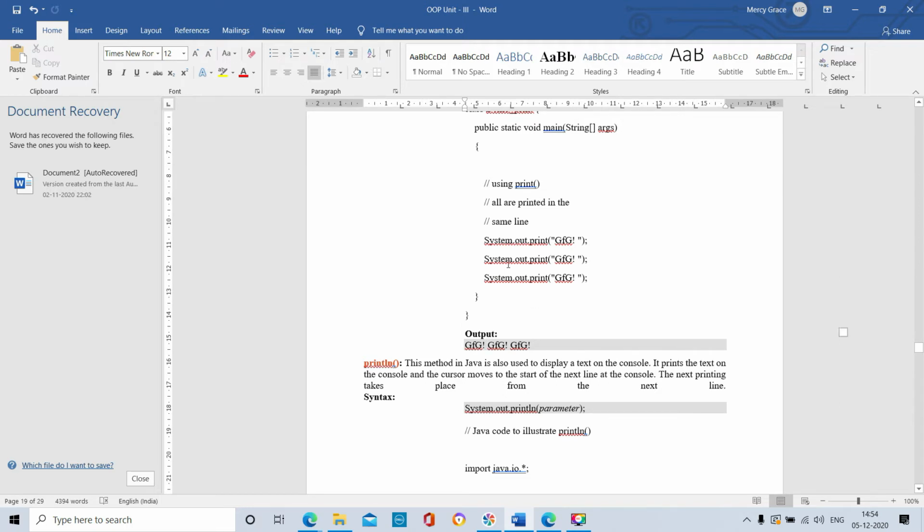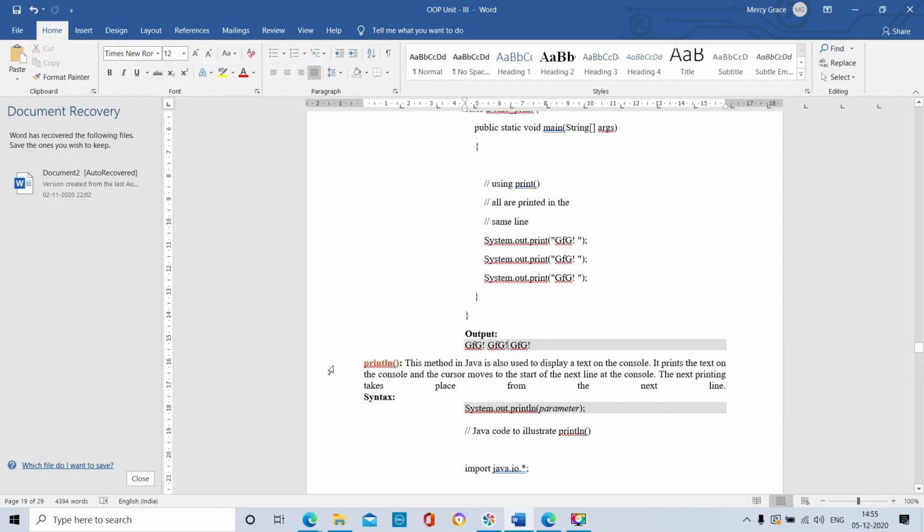So the next statement, using system.out.print, will display the string GFG exclamatory symbol. So it will be printed on the same line. Next we are having the statement G of G. Again the cursor will be on the same line only. If we use the print method, after printing the output, the cursor will remain on that particular line only.